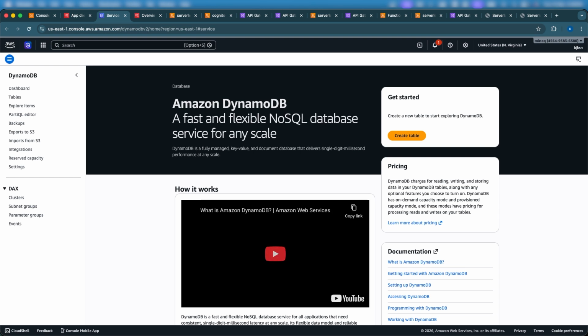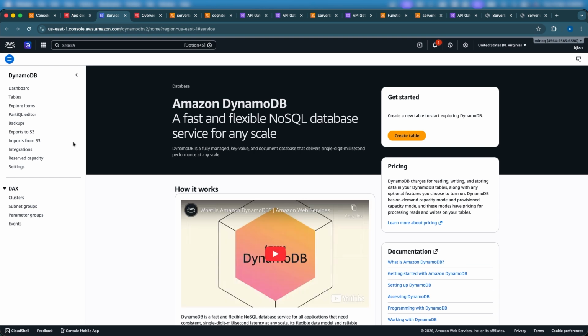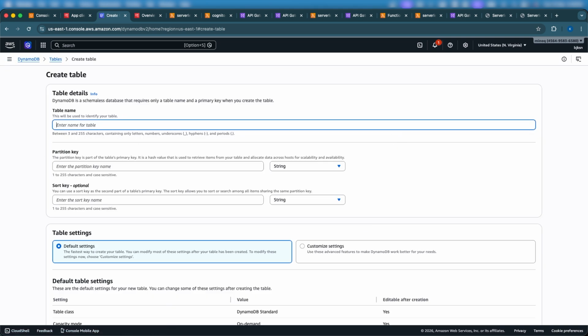So, if you are new to AWS, a DynamoDB table is pretty much a NoSQL database that is fully managed by AWS. So, you just come in to create your tables and then you make use of it. So, I'm going to create a table and then I'll call my table